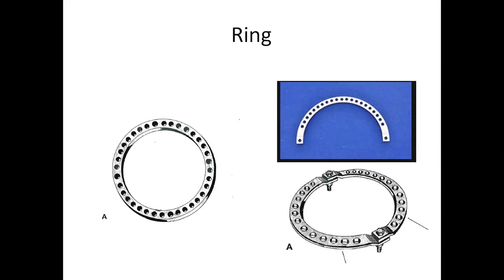Half ring is assembled by another mirror half, which completes a full ring. What is the advantage of this solid full ring and this half ring? If you go through my lecture you can know all the things, but there is a disadvantage of the full ring: if you apply it on a body and there is any problem, if you have to redo it or realign the Ilizarov alignment, then you cannot remove this full ring. So the half ring is very much customized and very comfortable, and half ring assembly is the best.